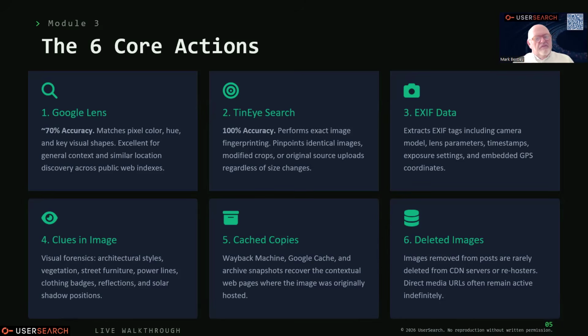That's really useful if you're looking for a series of pictures. One of the things I do on my training courses is we look at a picture of Justin Bieber and his wife, and I think they're going through Disneyland or something like that. When you use Google Lens, you upload one picture and it comes back with the whole series, where different paparazzi have taken different pictures at different positions in the park. But what's consistent? The clothes, the cobblestones, the background colors such as railings, the hats they're wearing, the structure of their body. So there's enough there to say, oh, here's another picture. And you find it's another picture by another paparazzi in another part of the park at a different time, but they're connected. So it's really useful.